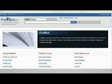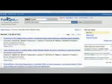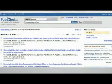If you go back to the initial screen and you type in, let's say, oxidative stress, you would find 81,000 hits. All right, that's a lot of research on oxidative stress. Protandim is aimed at reducing oxidative stress, but you can search more focused on the term Protandim or more broadly on the term oxidative stress. If you type in oxidative stress and any medical condition that comes to your mind, you'll get, again, a number of hits. If you in this case, oxidative stress and dialysis, which is a procedure that people undergo when they're in kidney failure, you find an amazing 1,113 publications on oxidative stress and